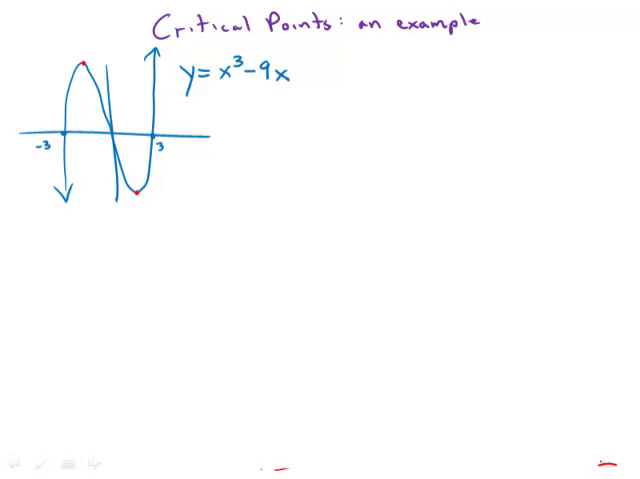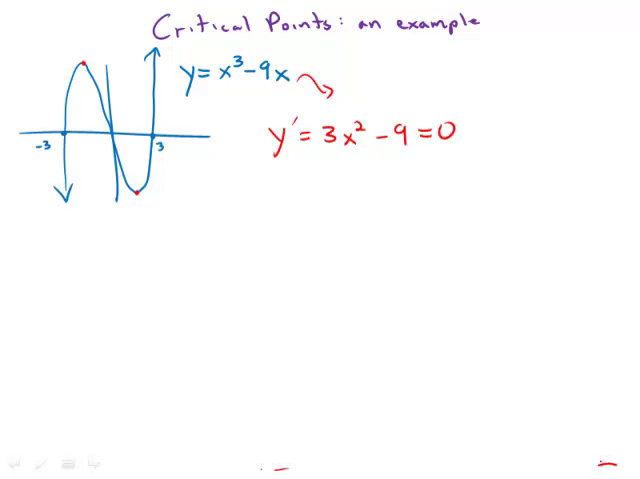So what we're going to do is take a derivative of the function. So y prime equals 3x squared minus 9. And this is the derivative, and of course it's a critical point either where this doesn't exist or where this equals 0. Well, it's a nice polynomial, so it always exists, so that's not a problem, but we can set